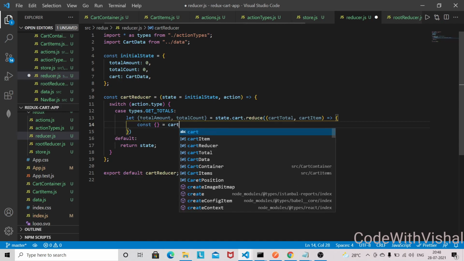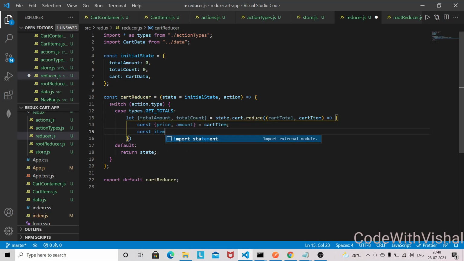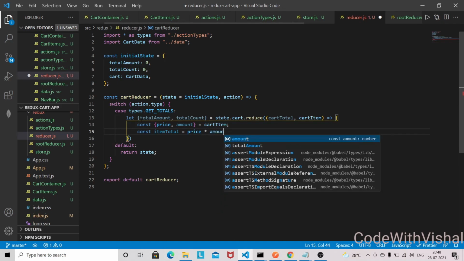So from each cart item we are going to destructure the price and the amount, and the itemTotal is simple math: price times amount.